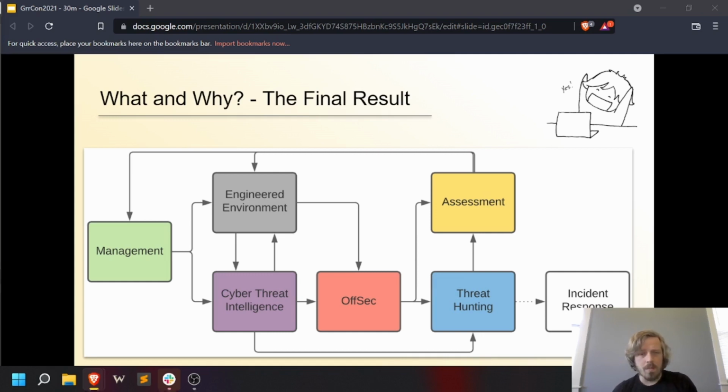So then once both offsec and hunting have been completed, we move over to the assessment. We just spent a lot of time playing around, and so here is where we assess everything we've just done, consolidate it into actionable items, and essentially create JIRAs and write fancy reports to management and engineers.